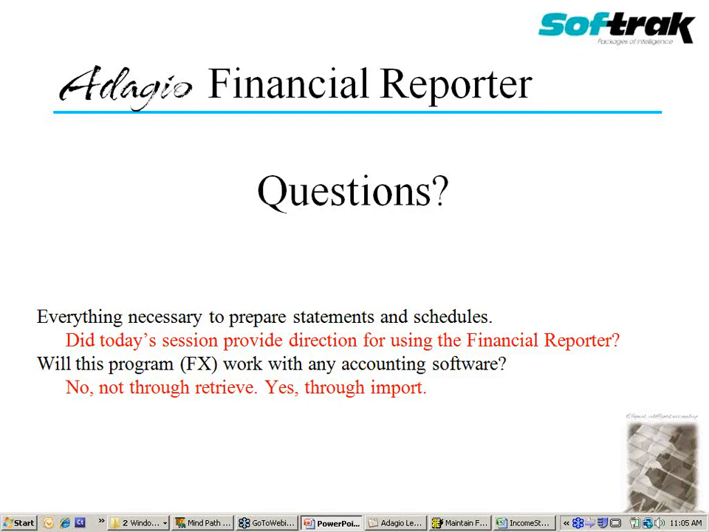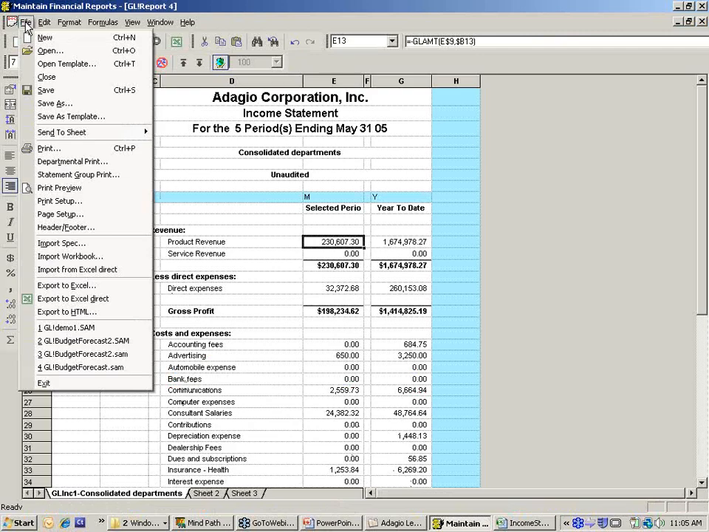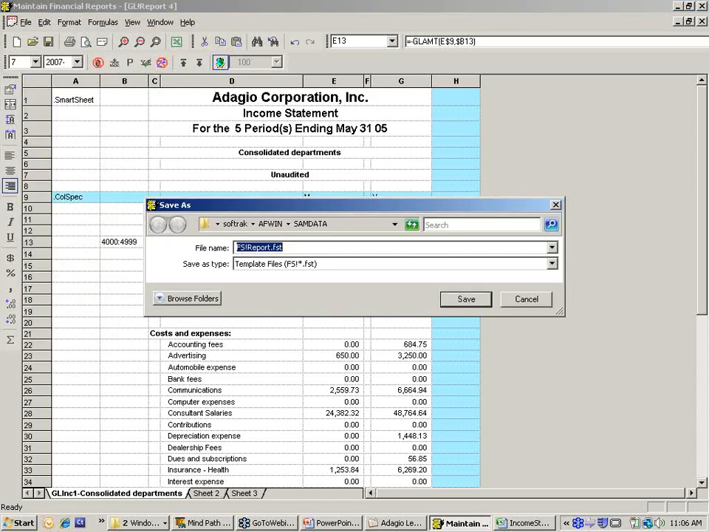Okay. In the questions that we have here, how do I save a statement that's being created as a template so I can use the same format for another client that has no prior financial statement? That's a question from Nancy. So you can open statements from any subdirectory, and you'll also see in the general ledger there's save as template. Now, if you save a financial statement as a template,